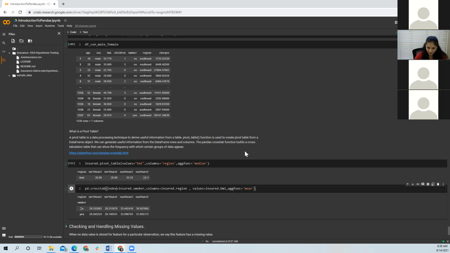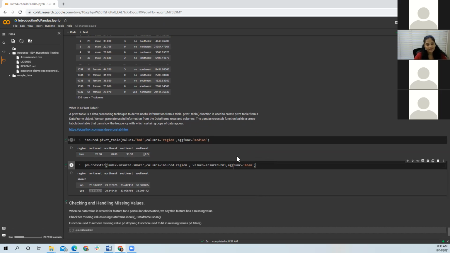Then I mention which column I want, so I'm talking about regions. Column-wise, you will see northeast, northwest, southeast. Then for the values, I want to see the BMI, and I'm using mean here. So this is giving me the mean BMI for non-smokers in the northeast region. Similarly, this is giving me the BMI for smokers in the northeast region.